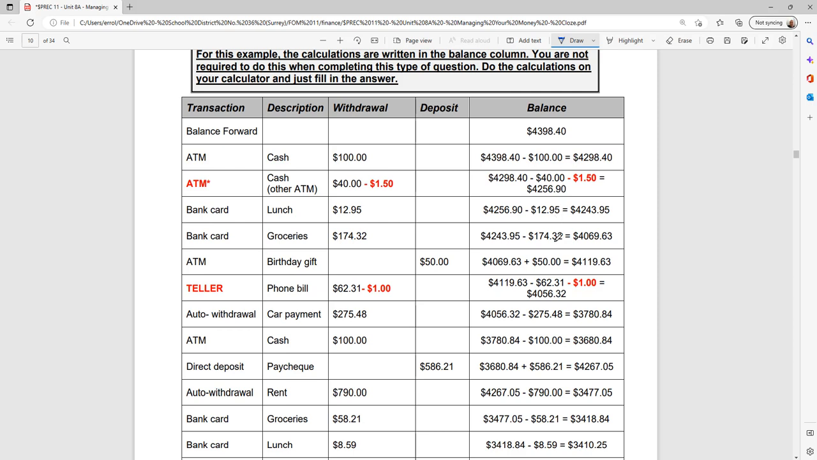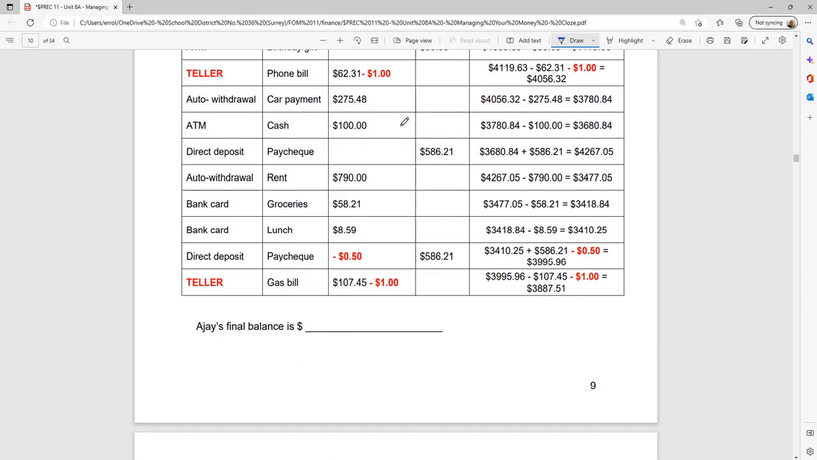He went and bought groceries, which we reduced by $174.32. He got a birthday gift, which we include, $50. He went and saw a teller, so we reduced it by the phone bill of $62.31, as well as the $1 service fee, and then a car payment, a cash payment at the ATM, which we withdrew $100, a direct deposit paycheck of $586.21, so that increases his balance. And then he pays his rent, so it reduces by $790, a bank card payment of $58.21 for groceries, a lunch payment of $8.59, so we reduced it by $8.59, and